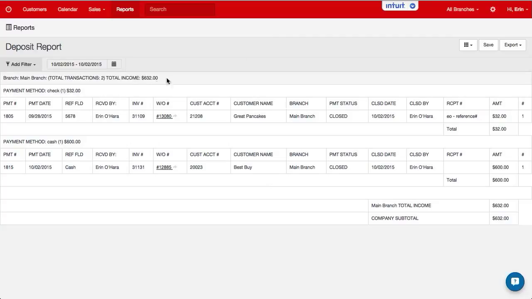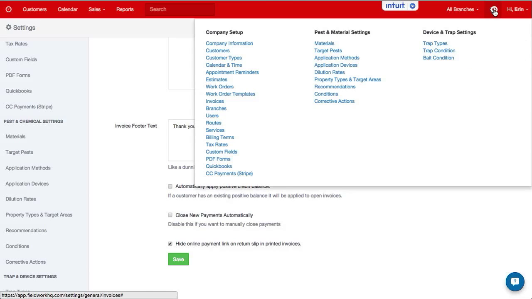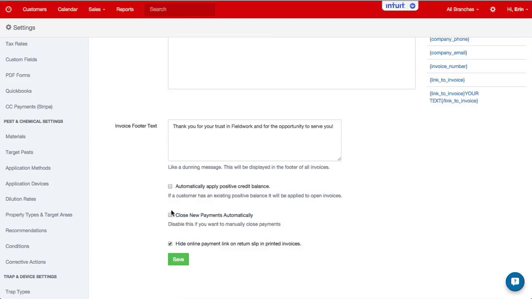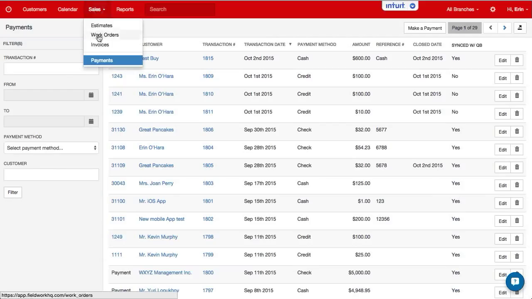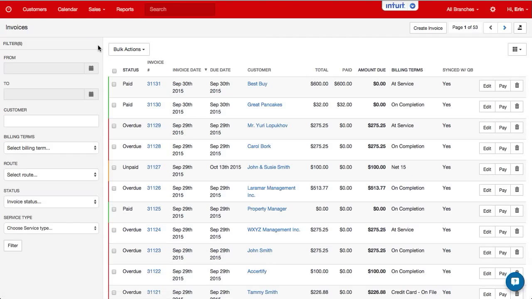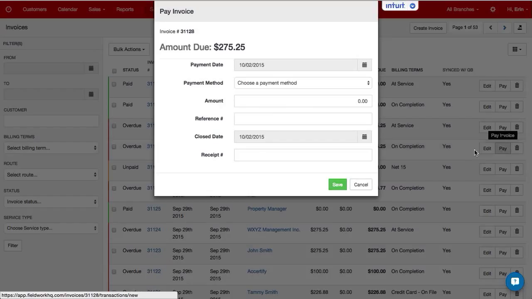So in our settings, if you go to the settings and invoices, you will be able to automatically close new payments. So that means when any payment is received, whether on mobile or through the online system, if you select that option and save, when you are logging in a new payment, so I'll go to the invoice screen and I'll check this overdue. When I hit pay, you'll now see it has an automatic close date,